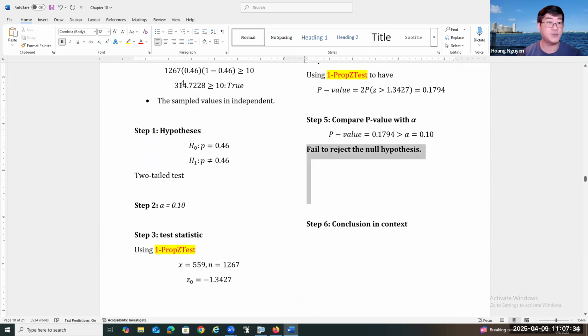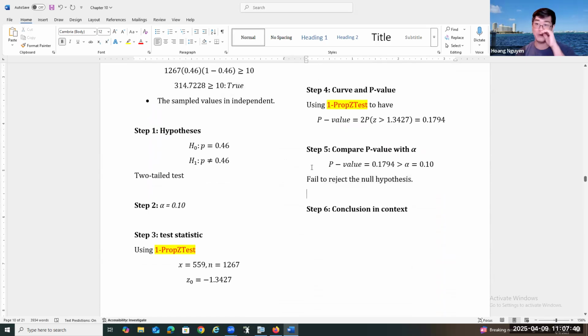Whenever you say that you fail to reject the null hypothesis, it means that the null hypothesis is still true, right? That's why you fail to reject it. If the null hypothesis is true, then the alternative hypothesis is no longer true. So that's why we're going to say there is insufficient evidence to conclude